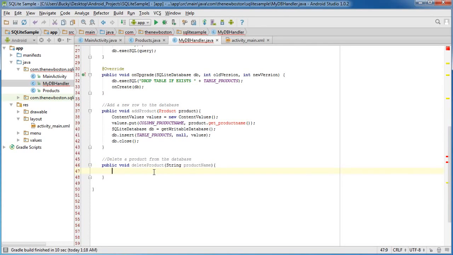And what we're going to do after this is first, we can just copy that whole thing. I don't need to explain that again. Get a reference to the database, just like before, and we can just call DB execute SQL. There are different methods that you can call on this object, but this is probably the easiest way. Now, in order to delete a single row from a table, we don't want to use drop, because drop means delete the entire table. What we want to do is delete from, and then after this you need the name of your table, delete from this table,